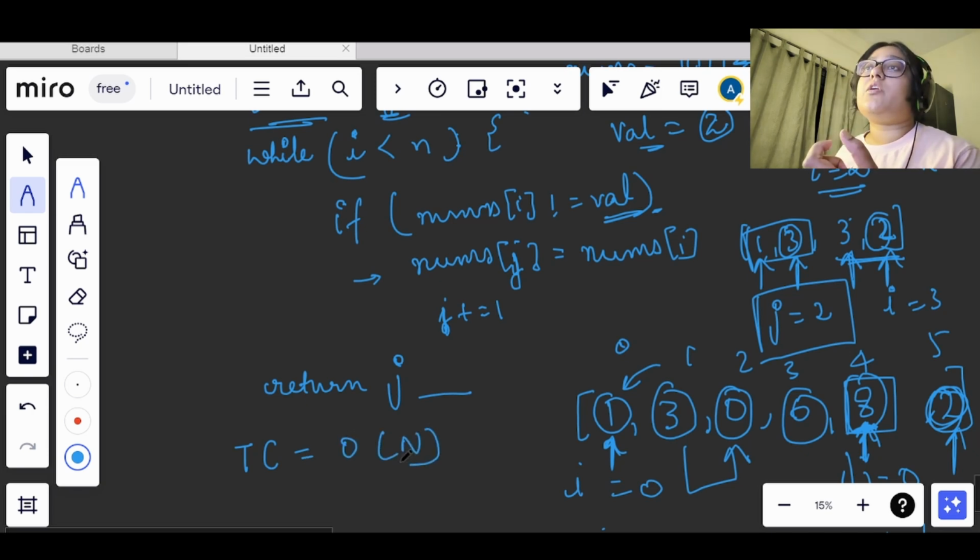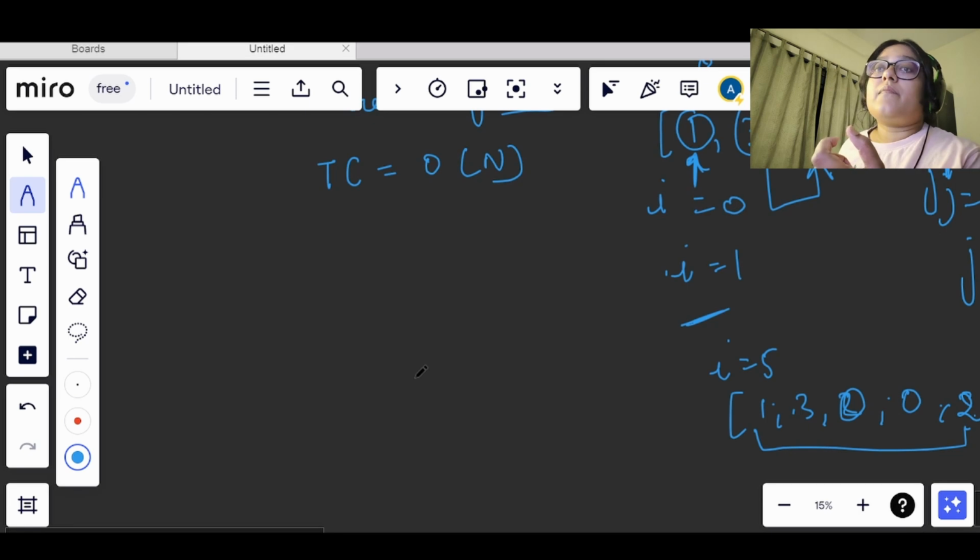One more thing that we can do, which is a better approach, or it can come to your mind, is a good approach also.